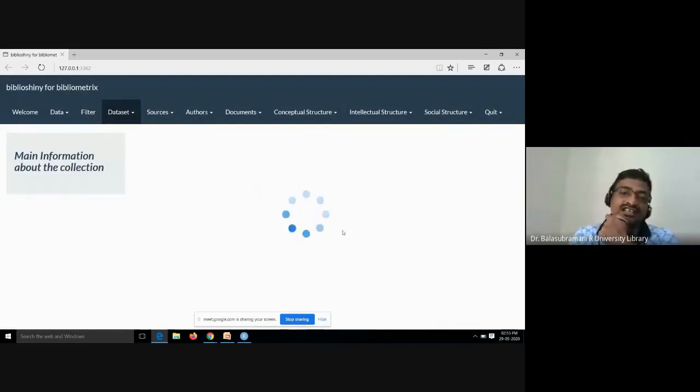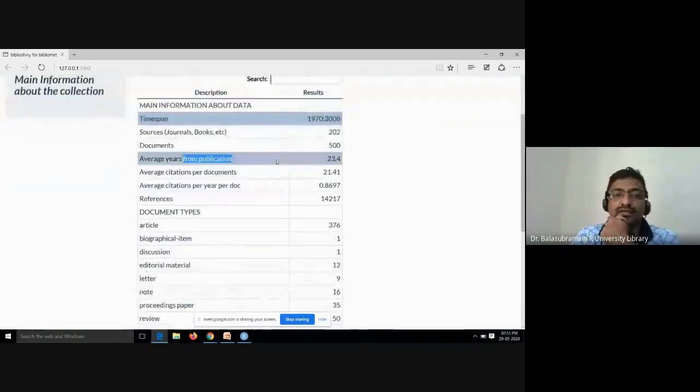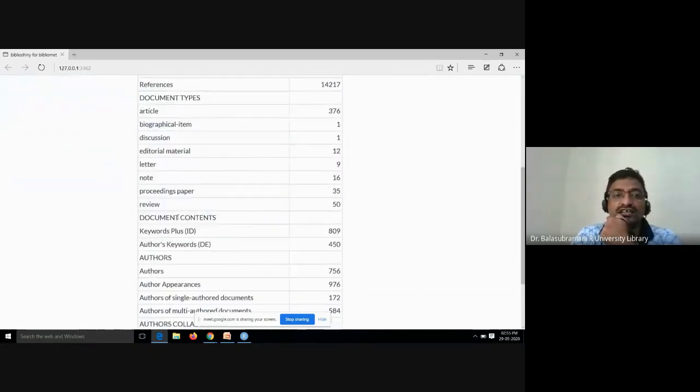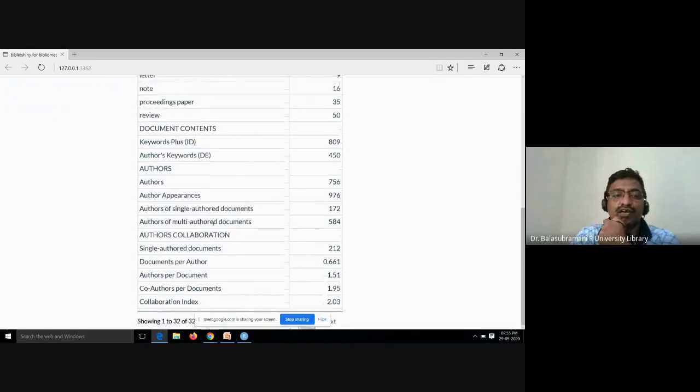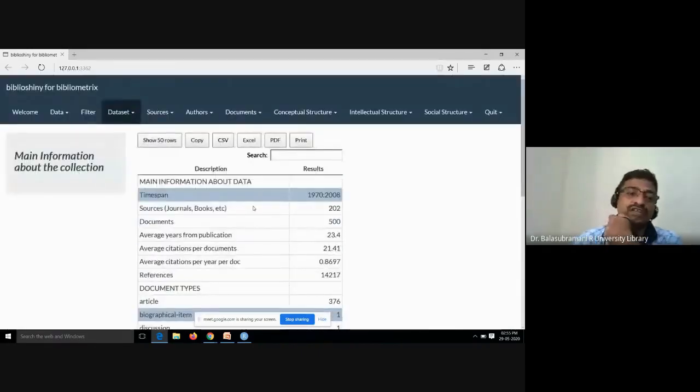You can see the result, how many records we downloaded. Then sources, documents, average years from publication, average citations per document, references, how many articles, how many book items, editorial materials, proceedings papers, reviews, everything will come. How many authors, author collaboration, the main information about the data you can see here.